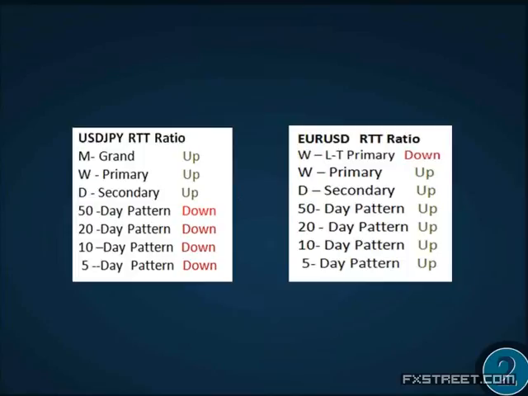The key to the ratio is that you have an odd number of patterns, right? If you have an odd number of patterns, then all you're going to do is focus on the majority of those patterns. We focus on just those lower 3 time frames for the most part. But if you have a long-term established bull or bear market, I'd suggest focusing on the lower 5 of those patterns. Okay, so that's our ratio.